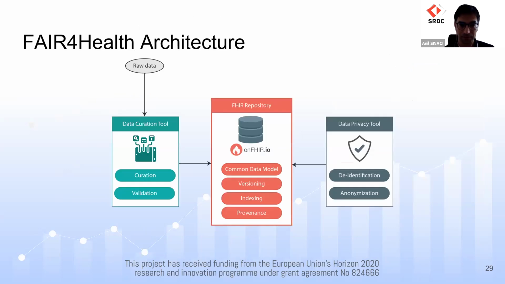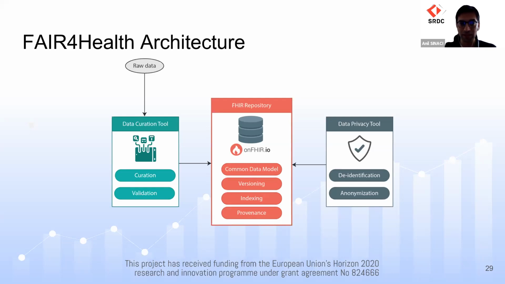Next slide, please. So this is a schematic representation of our design and what we are developing. At the center of each data center or data owner, we deploy a FHIR repository together with the FAIR4Health common data model and FAIR4Health profiles. So we provide data versioning, indexing and search, and data provenance by utilizing the OnFHIR repository. And the Data Curation Tool